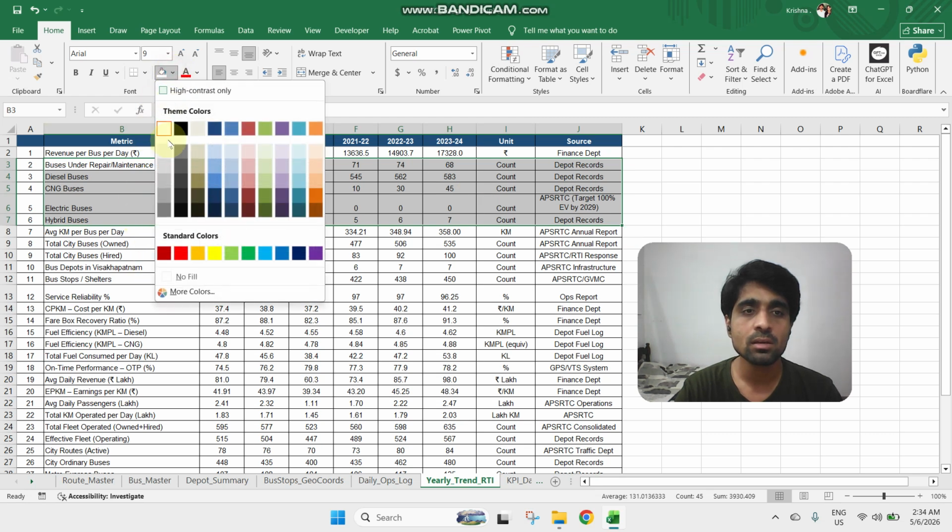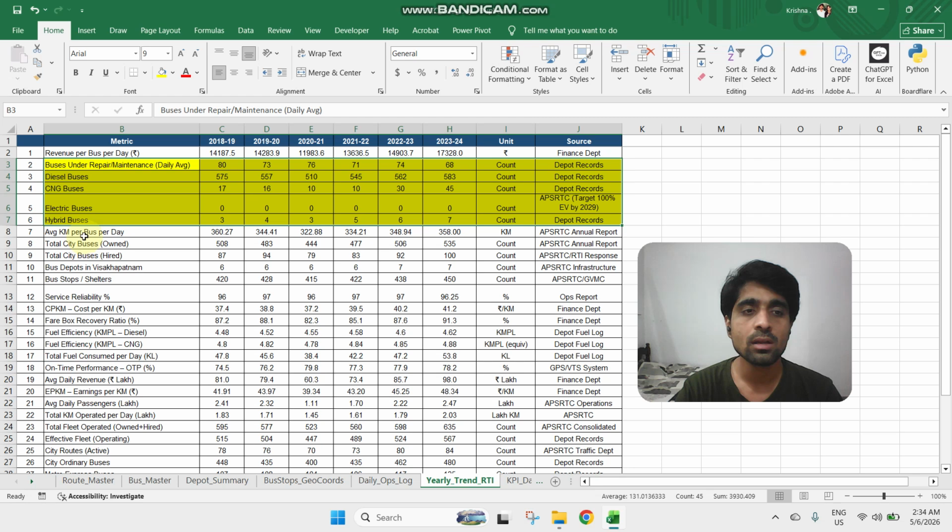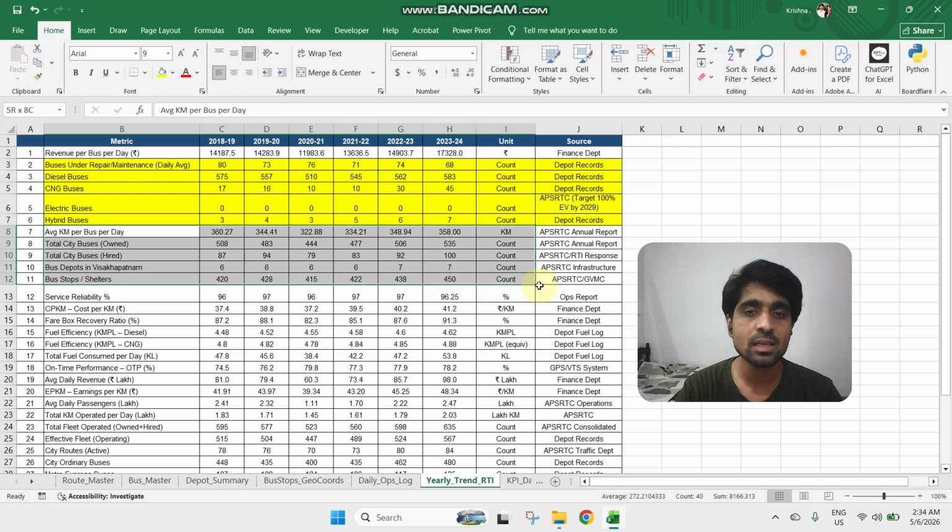These are simple counts. We cannot calculate anything, whereas these are all the static yellow part. But the average kilometer per bus per day will be changing every year. These also change, but there is no parameter. The total buses side, these are not the static KPIs. They don't play any key role. Whatever the number of buses, if we increase the buses, the revenue will increase, as well as the cost. But